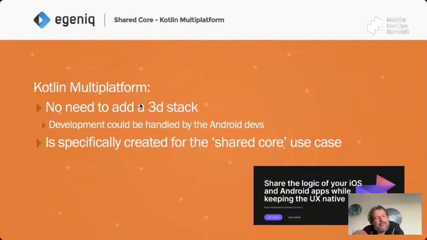However, with Kotlin multi-platform, the language is the same as you're using on the native Android side. So basically, you only have 2 stacks to learn. You build the native iOS app in Swift, you build the native Android app in Kotlin, and that shared core that's used across both is also written in Kotlin. So that's very useful, because that means that the development could be handled by the same Android devs that do